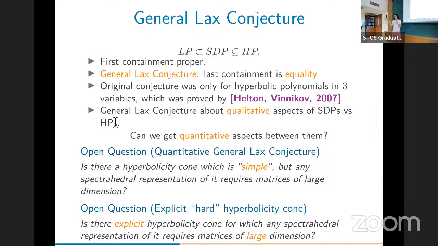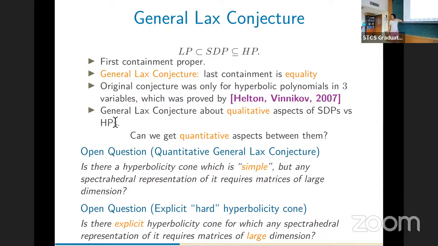If you know a little bit about interior point methods, you know that you have this determinant, and you take minus log of that for the barrier, right? When you're doing interior point methods, you can do exactly the same for hyperbolic polynomials: you just put minus log of H. So it's important, and the degree of your hyperbolic polynomial is related with the self-concordance of this function. So if your degree is really large, then that's bad, right? All right. So more questions?